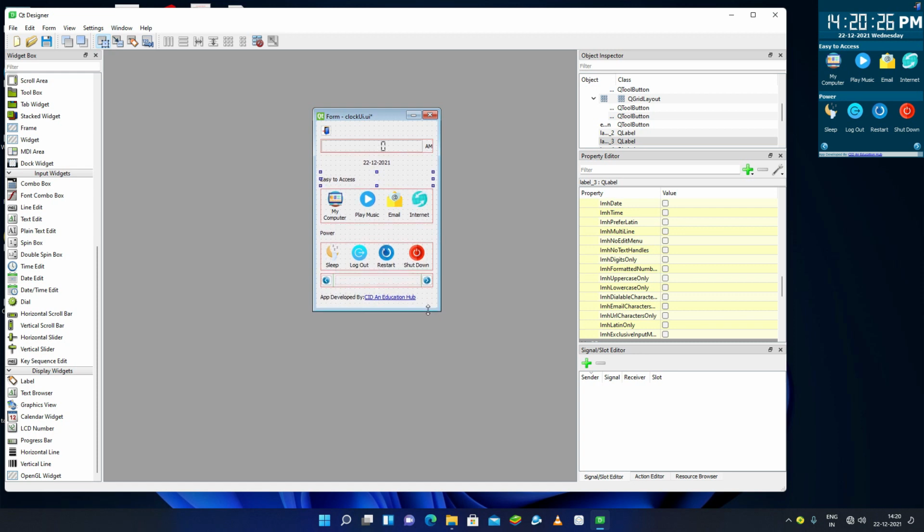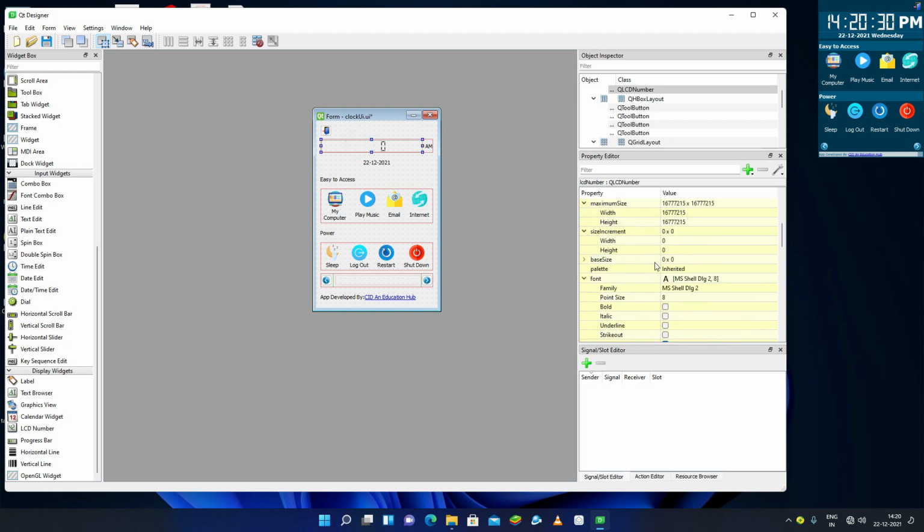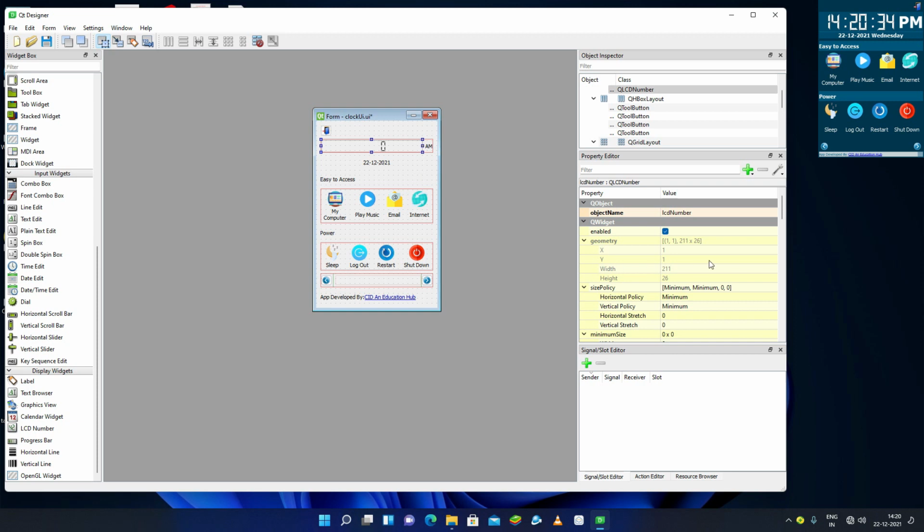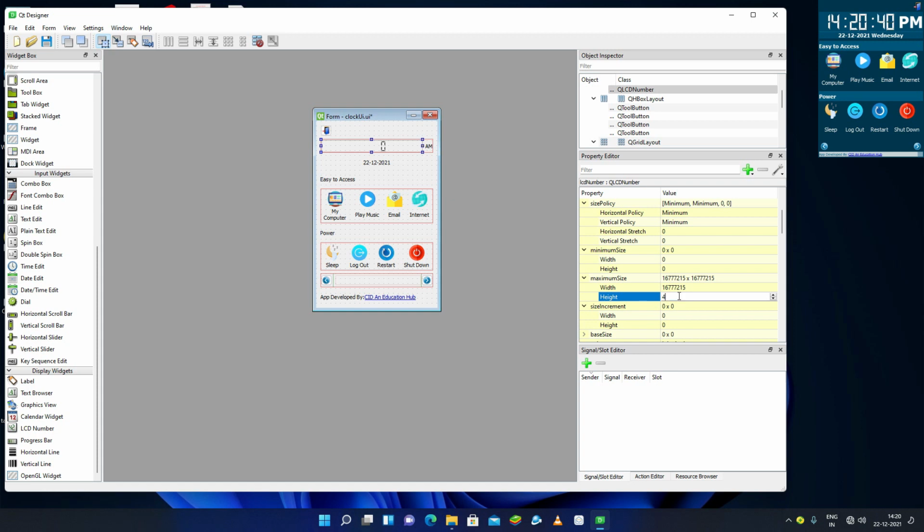So suppose this is the default size of the widget. Now I'll come down here and change the size of our time widget. The maximum size will be, suppose, 40. I can change it to a larger size like 50. I'm not resizing it actually.